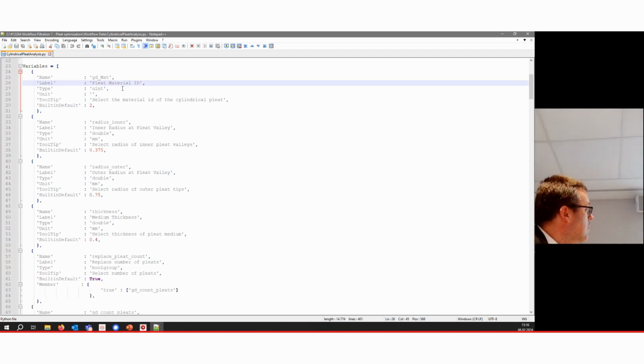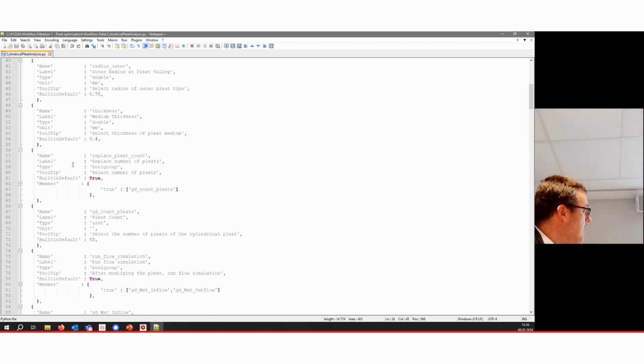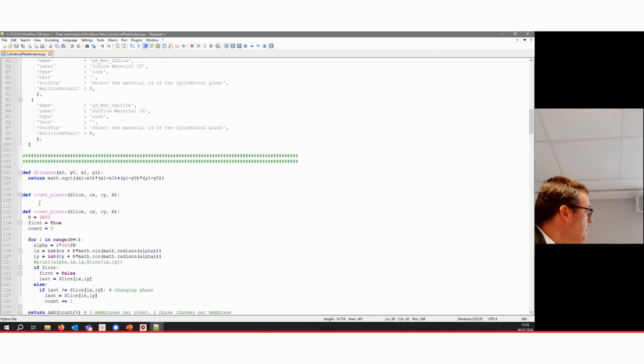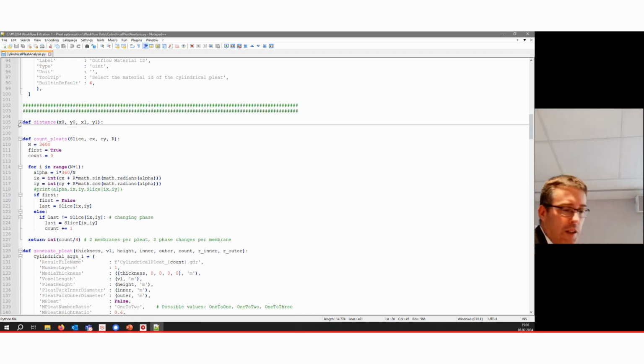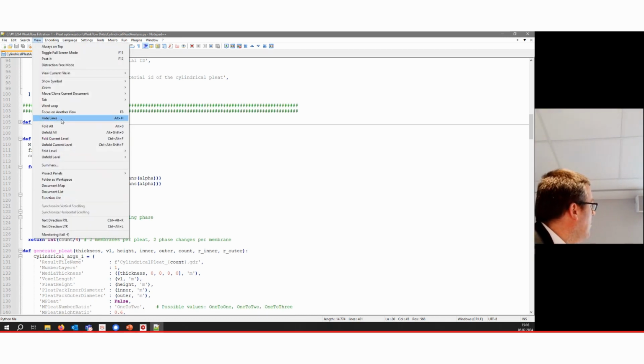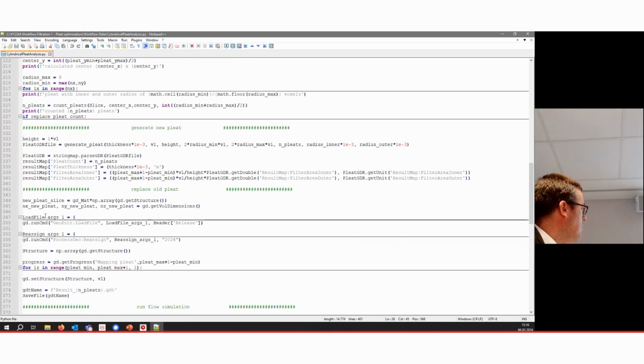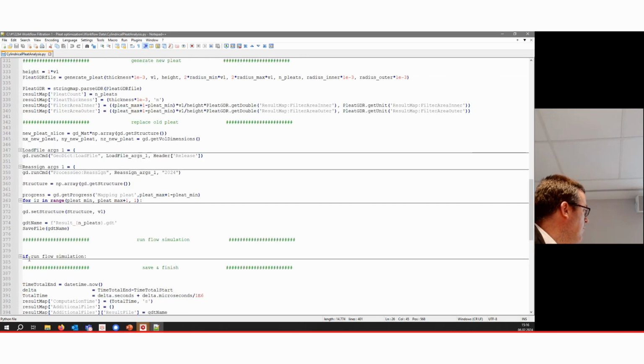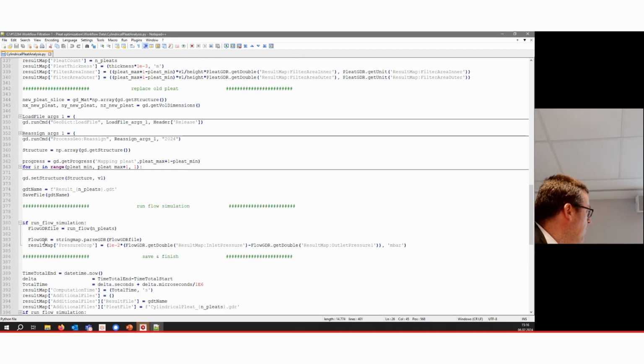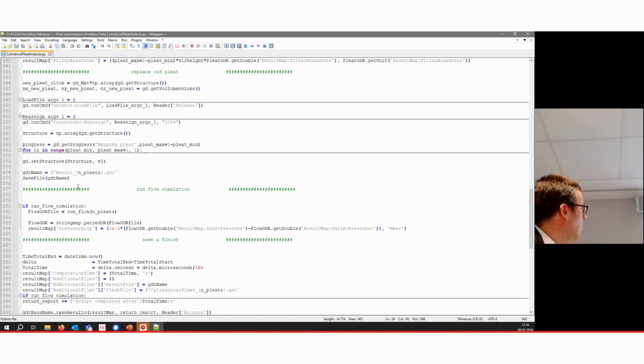Because here, for example, I used specifying variables, but I can make this, I think it's Alt-O, isn't it? Fold all. We have our flow simulation. Here's a load file, reassign, run flow simulation, and inside there, where's the flow simulation?